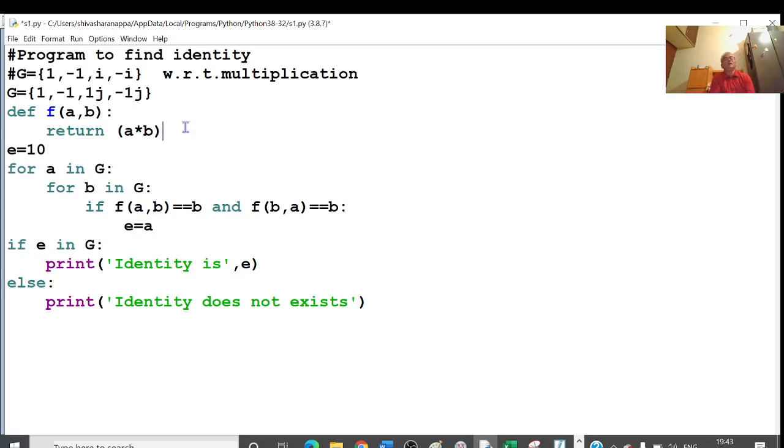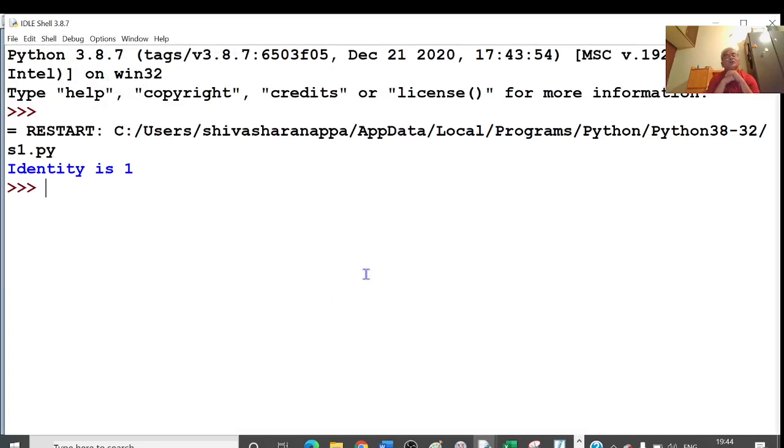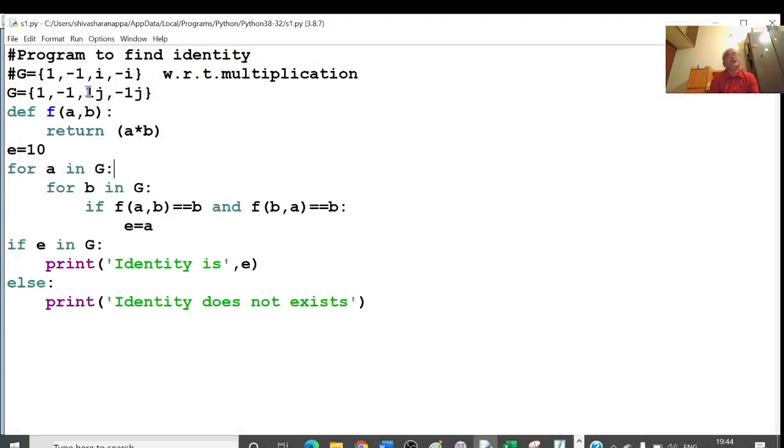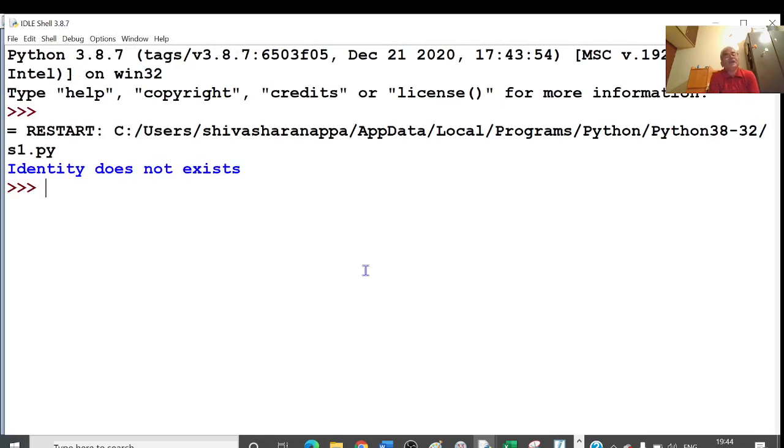I will remove this. A star B is my F of AB. Now if I run this program, identity is 1. Now if you remove this identity from this, I have to get identity does not exist.